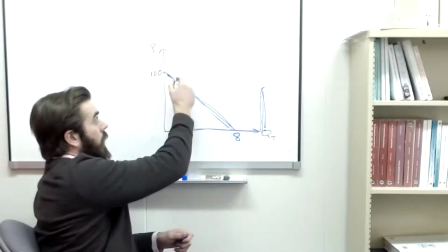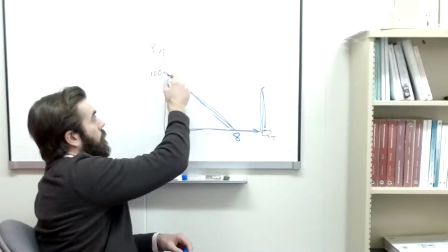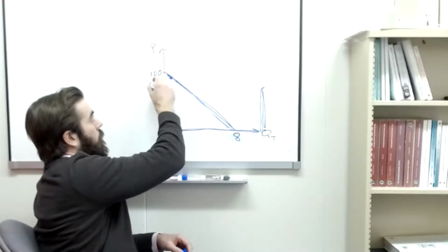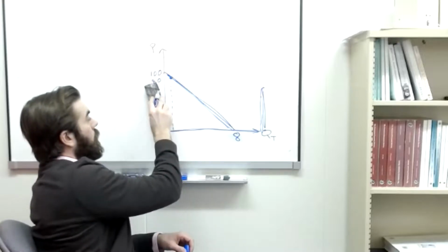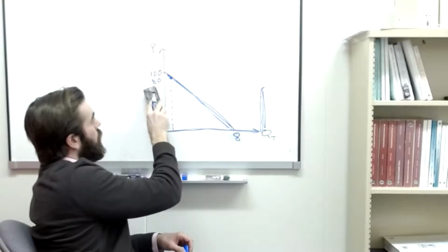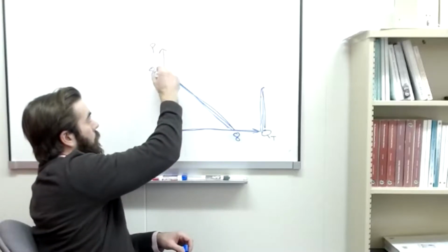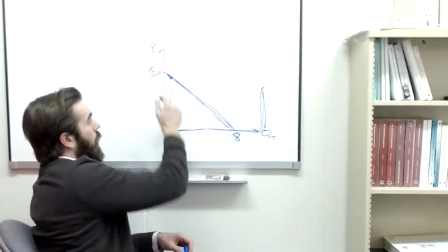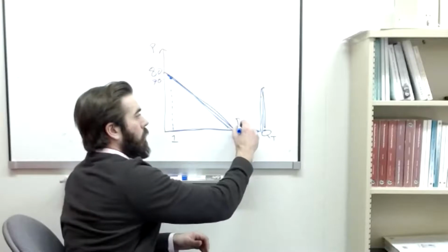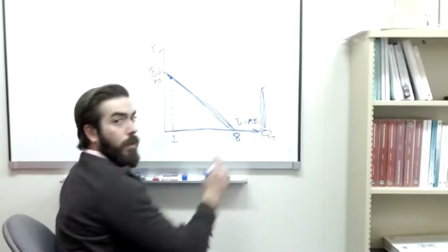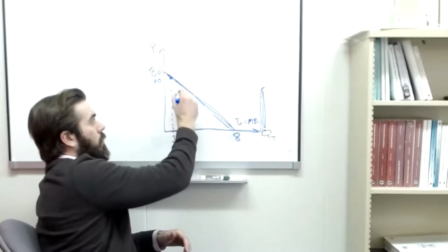Well, maybe for the first ticket, I don't know, it's something like, actually, let me make these numbers so that it makes a little more sense. If I have 8 games, it's 10 each time. Let's start that intercept off at 80. So maybe for that first game, I'd be willing to pay about $70, right? My demand curve, which reflects my marginal benefit, right? For that first ticket, I'd pay $70.